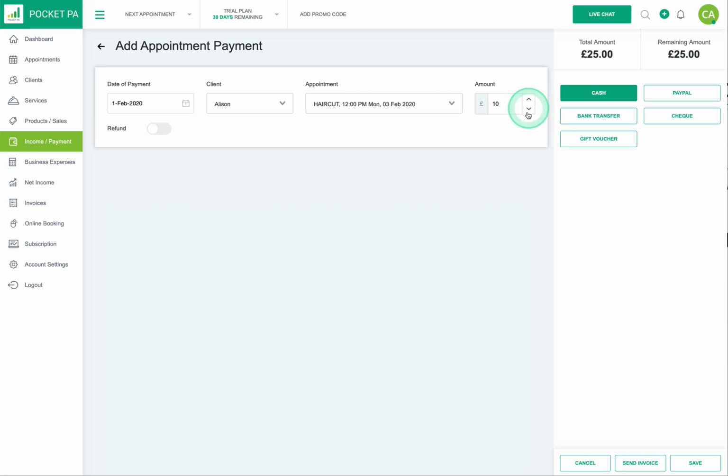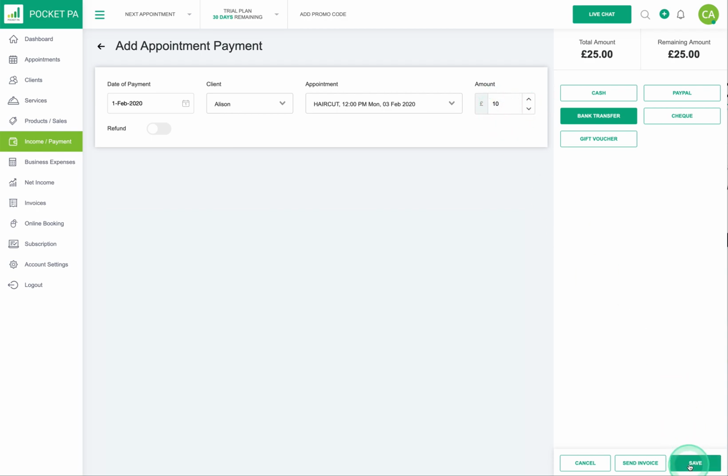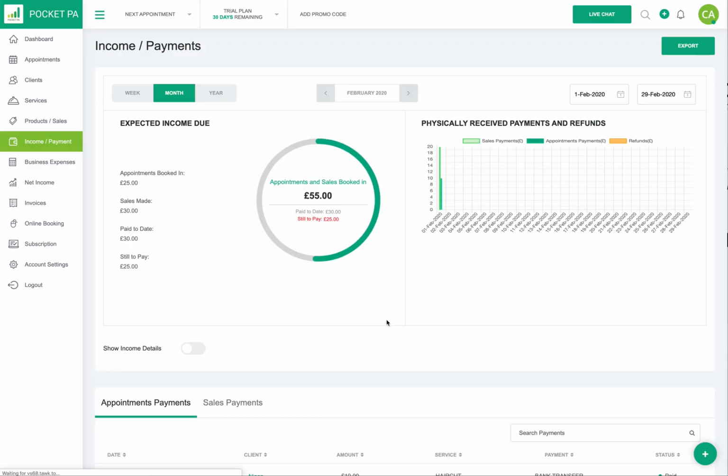She might just be putting a deposit down for £10 and she's going to be transferring that by bank payment. So you would effectively select the bank transfer option, and then over here you can select the day that she might have paid. So if it was last week you would choose an earlier date, but for this purpose we're going to choose the 1st of February. And then we can see here the total amount that's due is £25, but she's just paying £10 of this. So by pressing the Save button, we'll then have the payment has been saved successfully,